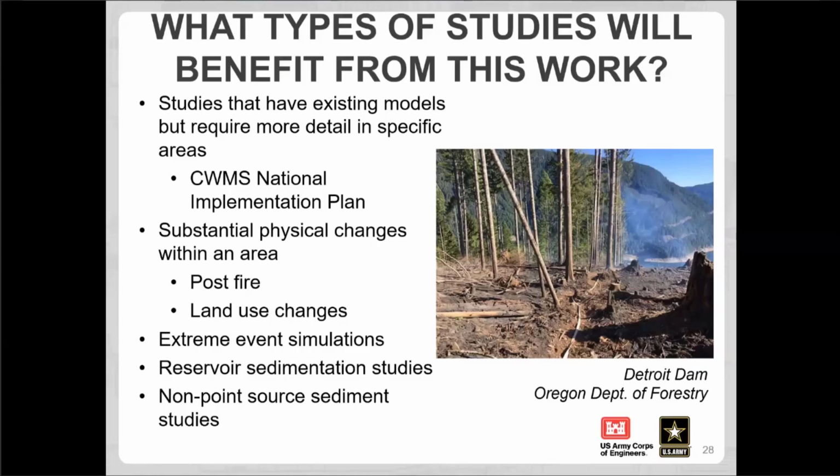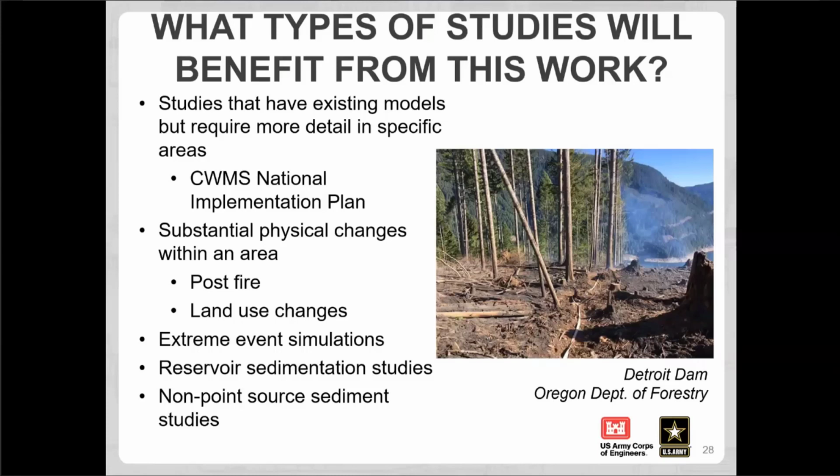You want to change that one little area there? Go ahead and do that. You may need to change things downstream for sure if you're changing the way in which water leaves the 2D area and then goes through a whole bunch of other hydrologic routing reaches, but you can leave everything else unchanged and it'll still work. So other examples and types of studies that are going to benefit from this work include